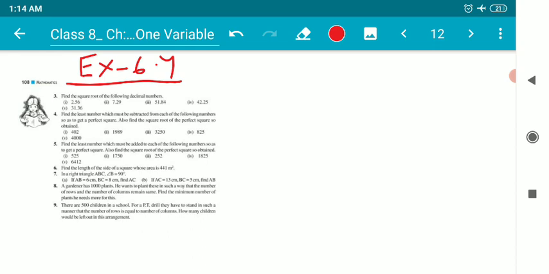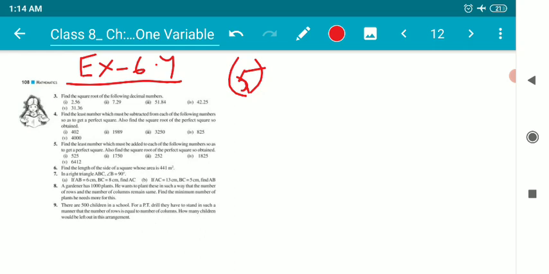Children, in the previous video, we had a discussion on question number 3 and 4 of exercise 6.4, in which I had taught you how to get a perfect square number, or by which subtracting with a number to get a perfect square number. So I had already taught about those things, and the remaining questions I have explained during the live class. So here in this video, I'm going to explain question number 5, which is really very useful, a method we'll be needing in our life.